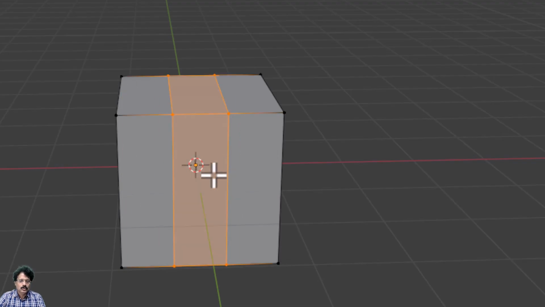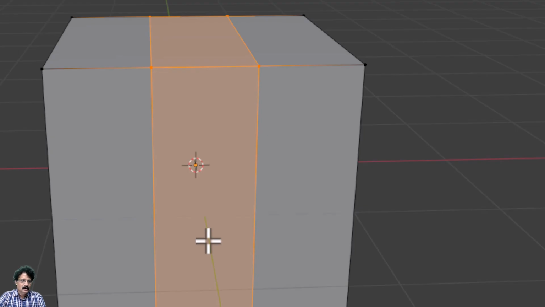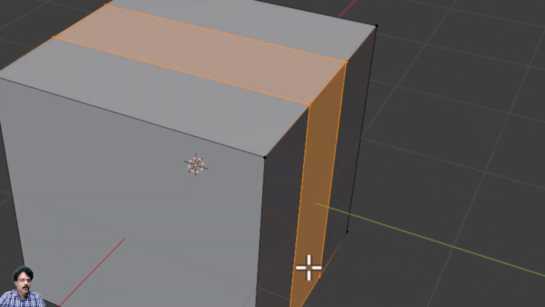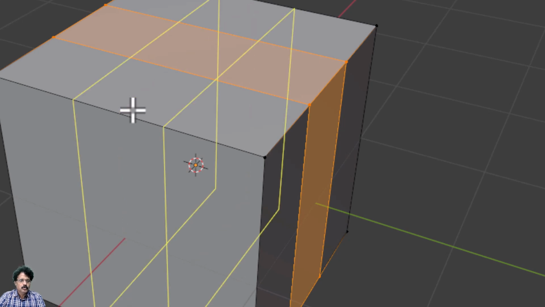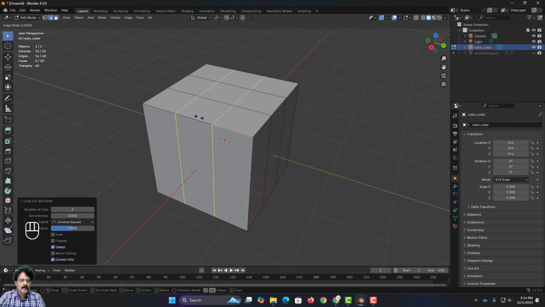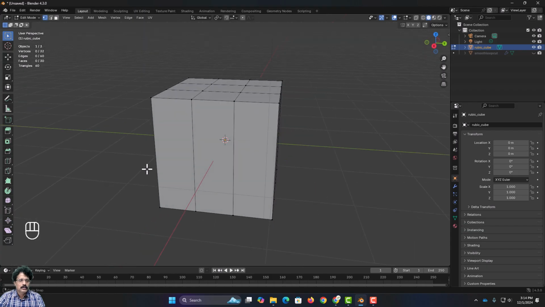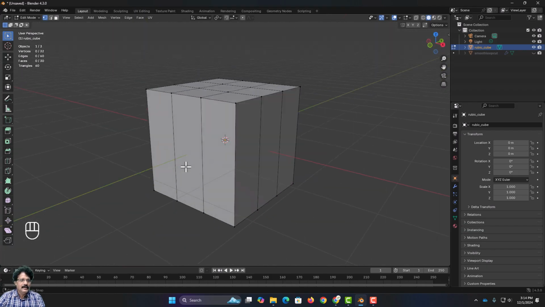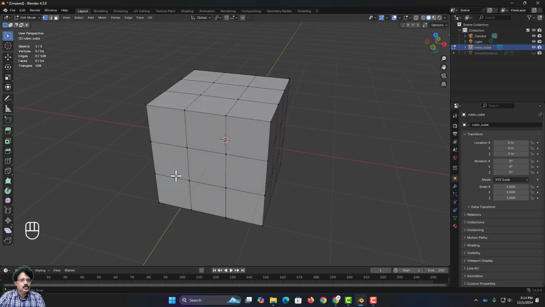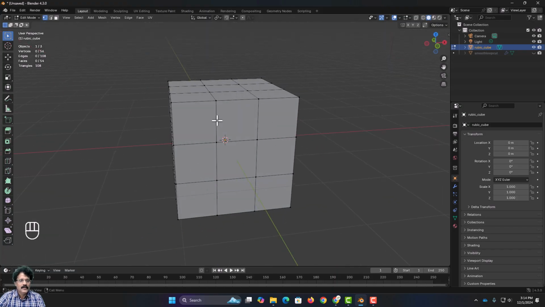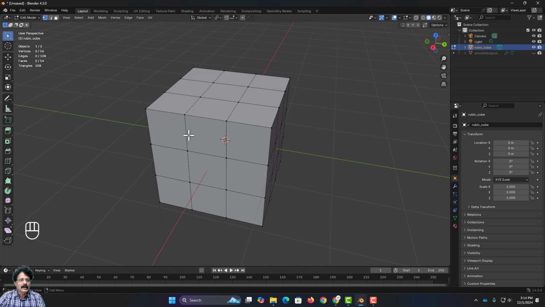So I will right click so that it is placed exactly at the center. Now after this cut, I am going to again press Ctrl R, and in this axis rotate the mouse, create 2 cuts, then click once, right click, and you have this placed here. And then finally I will press Ctrl R, rotate it once to create 2 cuts, click once, right click, and I have divided this one cube into 9 faces on each side by creating 2 loop cuts along the XYZ